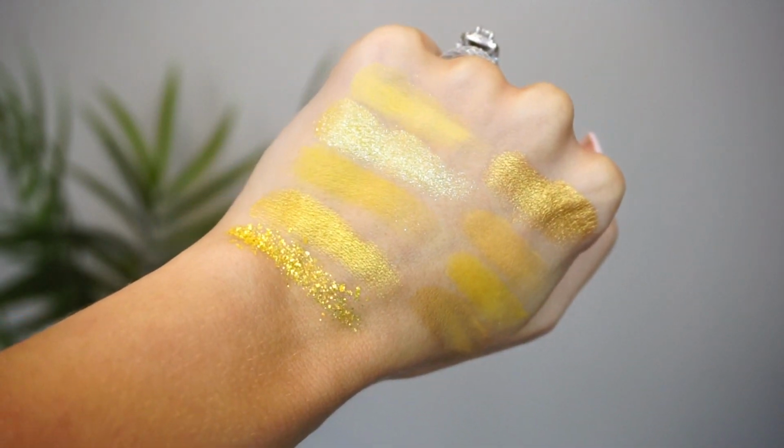And I still do like this palette, and again, these 9-pan palettes are $12 from Colourpop, which is great and nice and affordable. But this one I'm almost feeling a little bit stuck with, because I feel like it's kind of hard to do different looks with it. And maybe if I sat and looked at the palette a little bit longer, maybe I would have gotten that vibe. But I felt like the mattes were different enough, and then I liked that we had